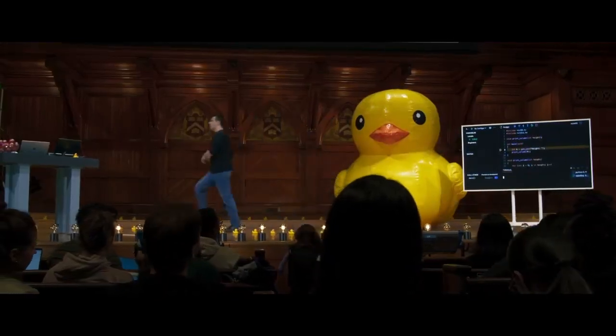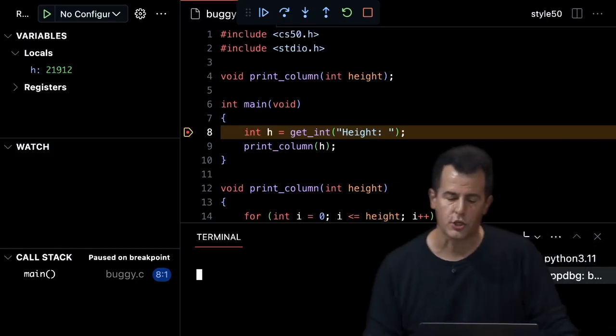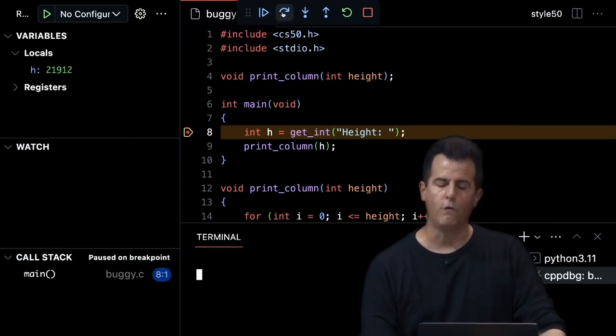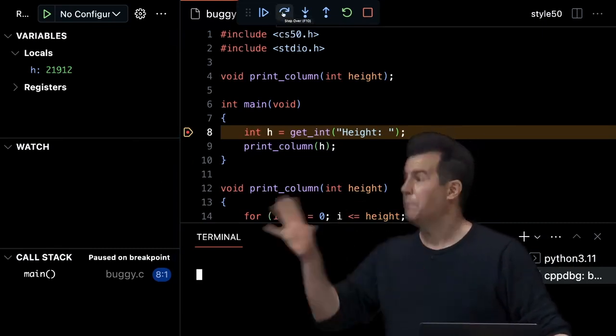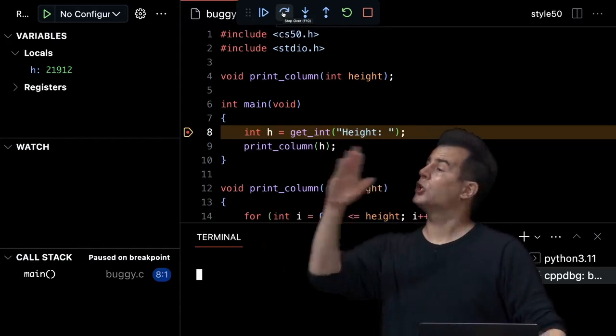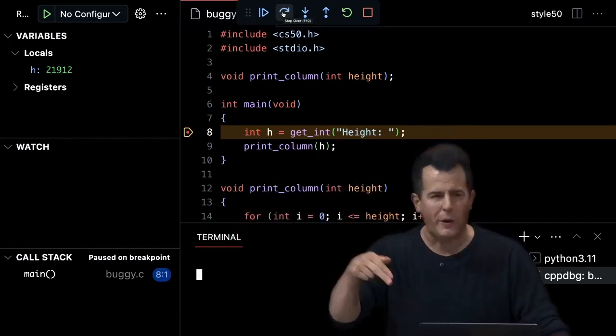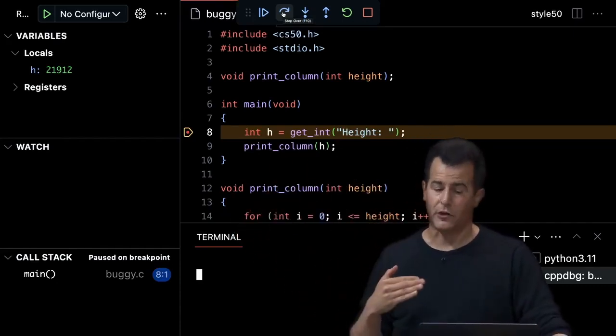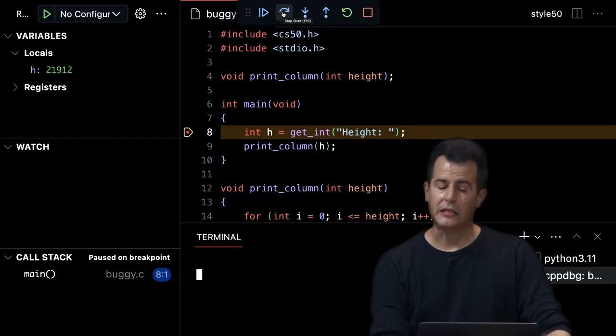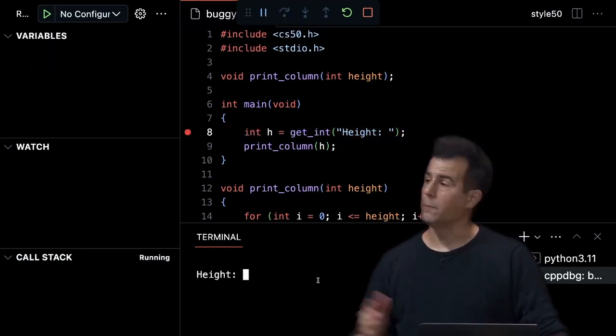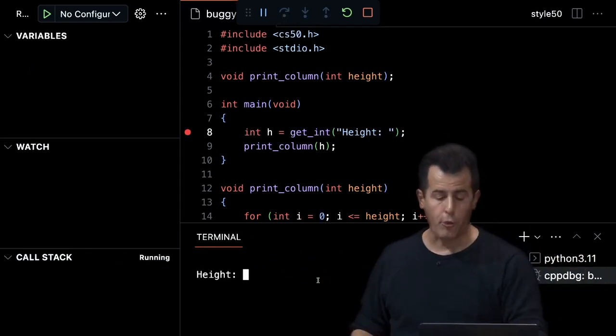And the one I'll click first is the first one I described, which is step over. So step over doesn't mean skip this step. It just means execute it, but don't bother me by going into the weeds of what is on this specific line, namely getInt. So when I click this button in a moment, you'll see that my terminal, which is still at the bottom, prompts me for a height. I'm going to go ahead and type 3.